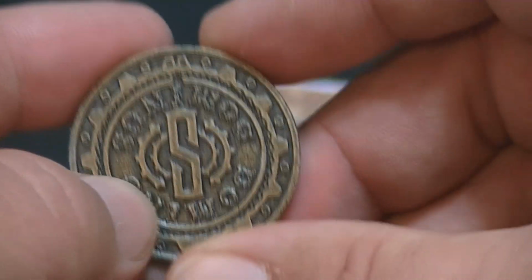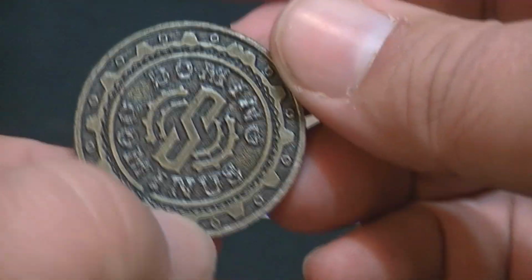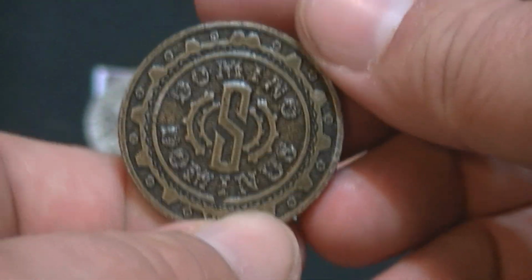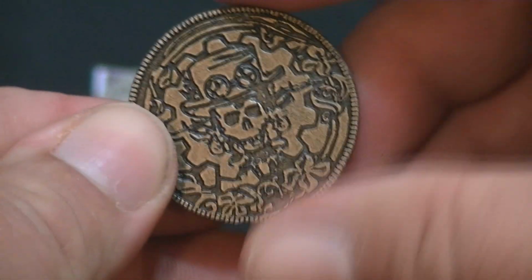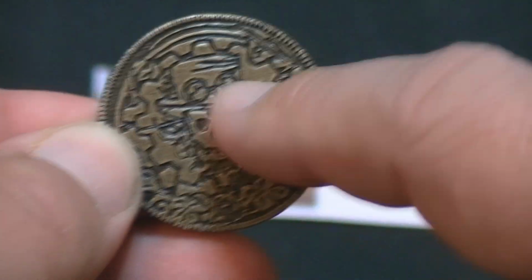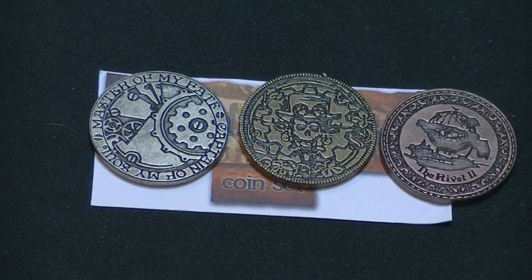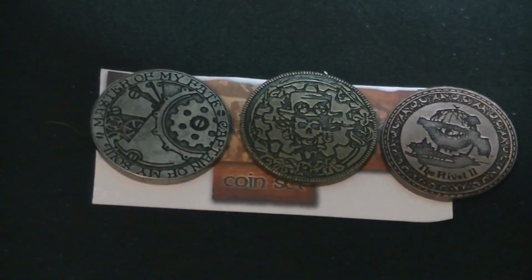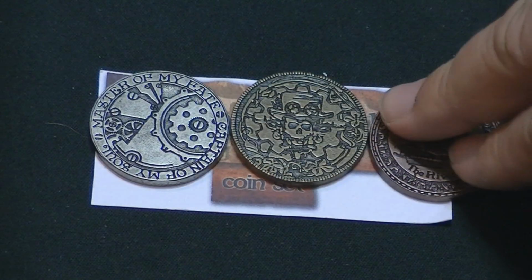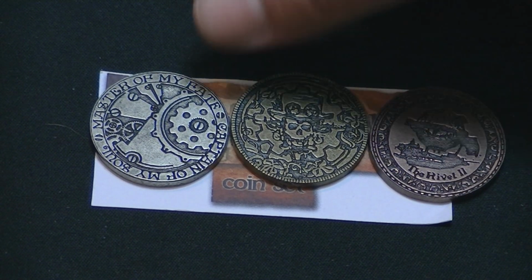I can't see, let me read this again. Domino Dominus. And then we have the gears on the reverse side. That's pretty cool. Little skull, top hat, the goggles, the gears in the background. Very, very steampunky. I know I have LARP steampunk friends, and I know that if I show these to them, they're going to want to get them to use during their events. So, all right,